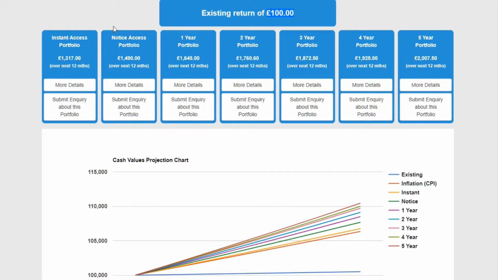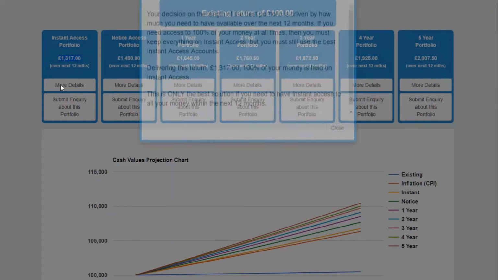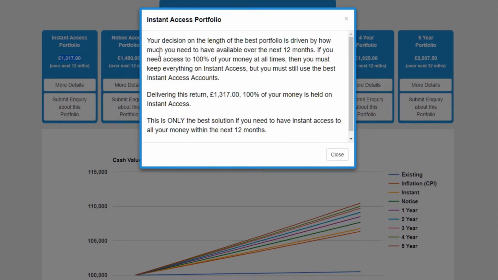Now, we follow those four principles: maximize the rate of interest, protect your money, only retain the amount you need available on instant access over the next 12 months, and build a portfolio with the rest. We've got £100,000 here, and if the client requires access to all of that money at all times, it has to stay on instant access. And in this example, the return on that money should be £1,317 rather than the £100 that the client is currently receiving. Okay, so in the more details, we can see here that this is with 100% of your money held on